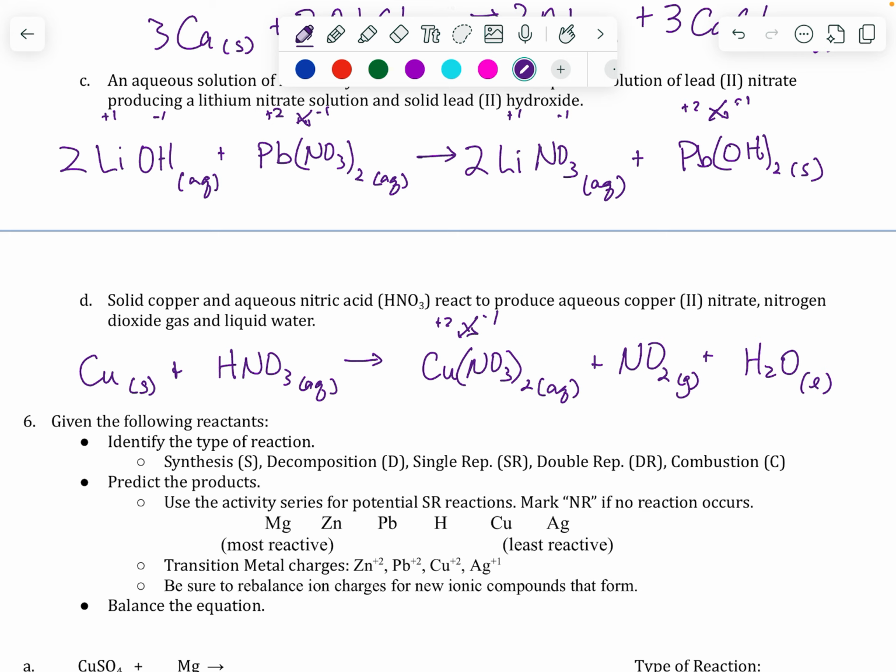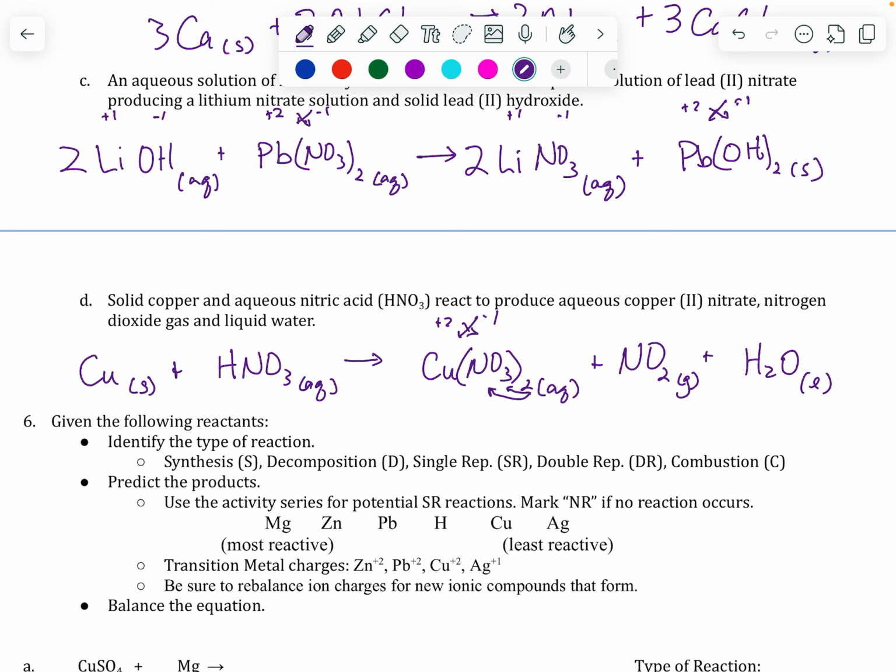And then to balance this one, we can do a couple of things here. One thing that I notice, again, is the coppers are fine. I see that there are 2 nitrogen here, and then there's 3 oxygen already a part of that nitrate group, so that's 6 oxygen. But then I have plus 2 oxygen, which makes 8, and then plus another oxygen makes 9. So this one's going to be kind of tough to balance, but something that I would look at is